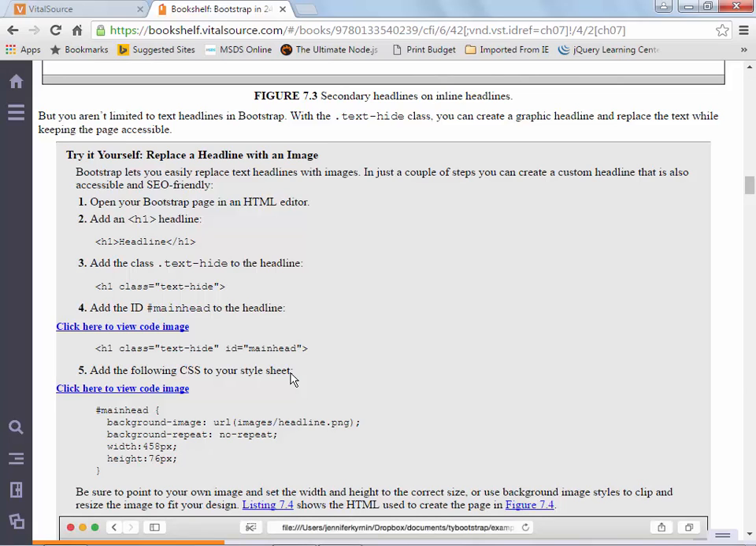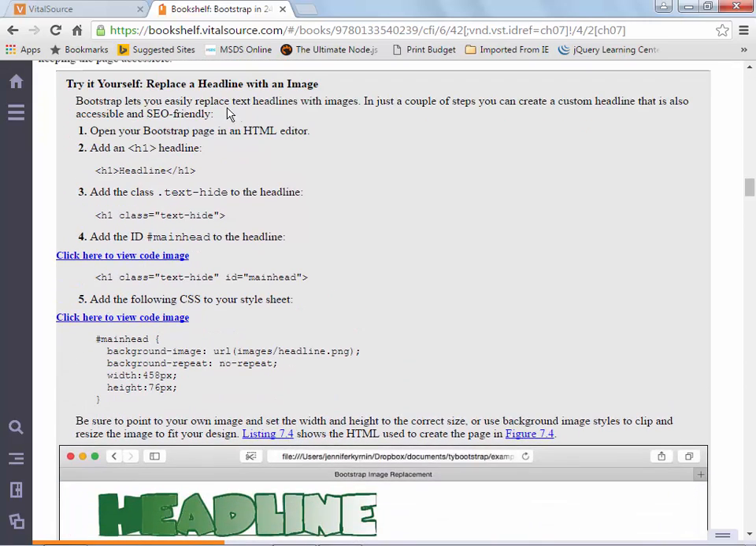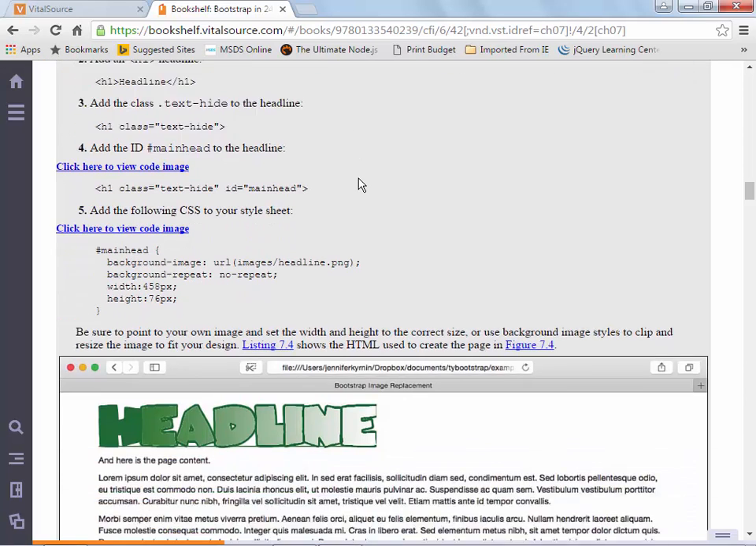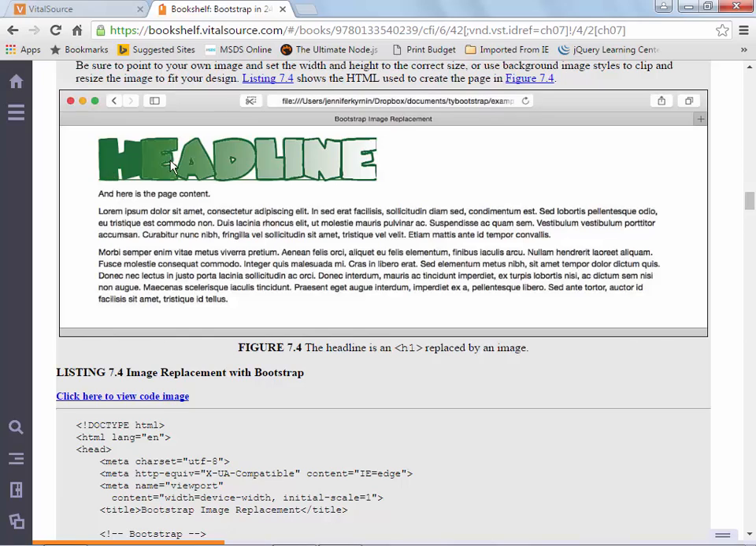You aren't limited to text headlines in Bootstrap. You can create graphic headlines. You can replace text with other things. There's all sorts of stuff that you can do here. Now, in the next example, it says Bootstrap lets you replace text headlines with images. In just a couple of steps, you can create a custom headline so that Bootstrap is also accessible and SEO friendly. And if we look at the line they have here, they basically, for lack of better words, have used